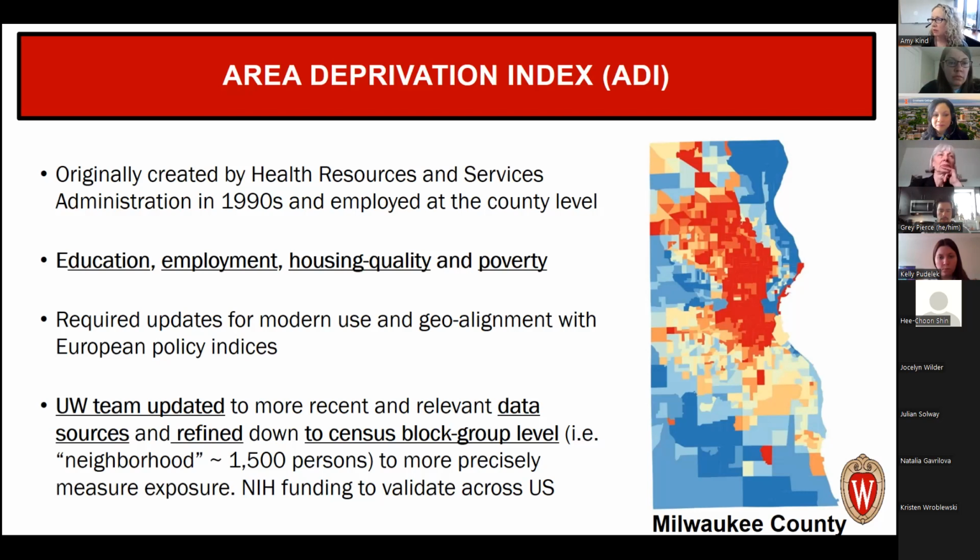Now in this map, these are census block groups ranked by ADI at the state level. What we see is the red areas are the most disadvantaged and the blue are the least. And not surprising to this group, it's the inner city core of Milwaukee that's the most highly disadvantaged. And it's surrounded by a ring of some of the richest neighborhoods within the state of Wisconsin, this extreme blue, especially along that lakeshore. You can imagine the mansions.